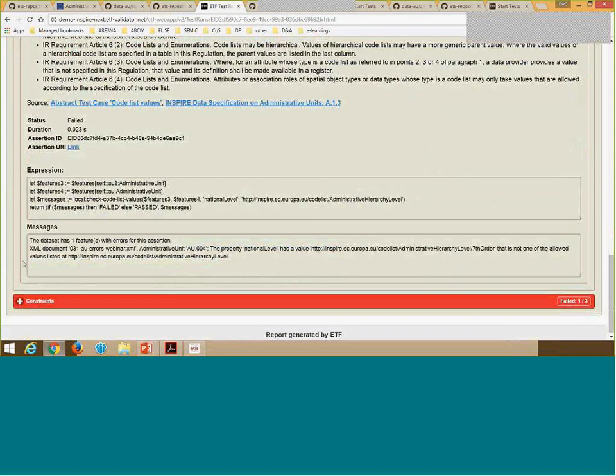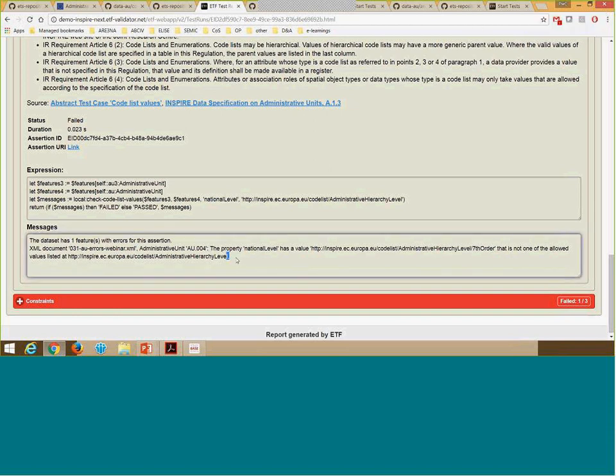Here I can see that the administrative unit R004 is referring to the code list because here it's specified to be of the 7th order. But as shown before, there is only 1st till 6th order in the code list. So it has been asserted as not adhering to the code list.